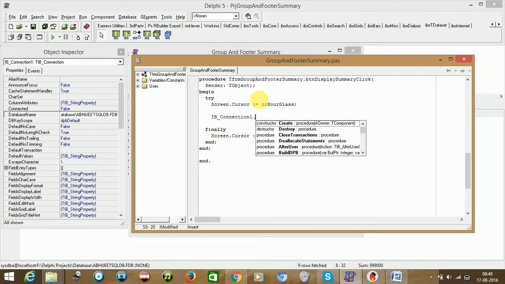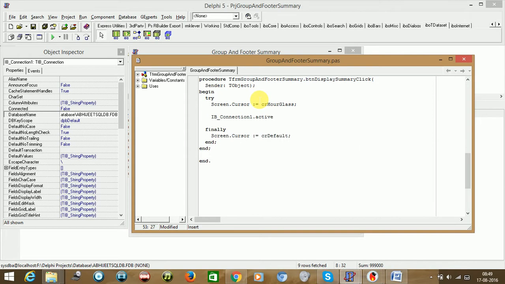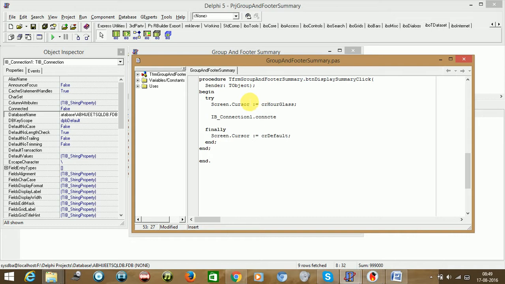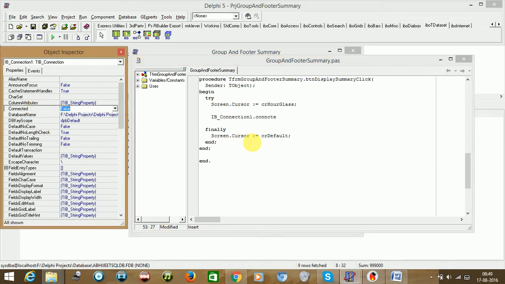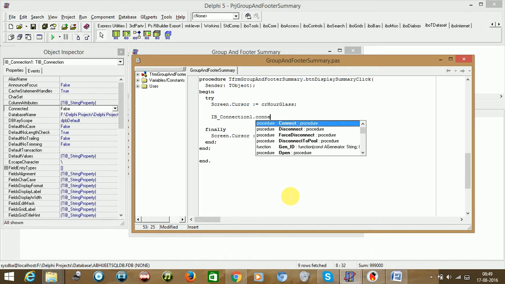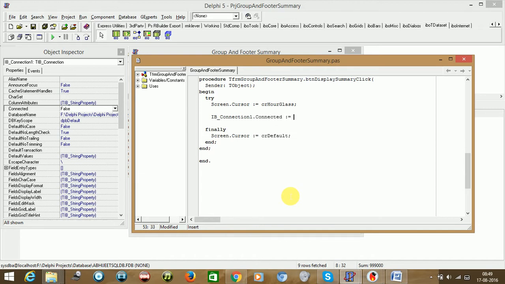Dot, I would be saying Connected is equal to false.